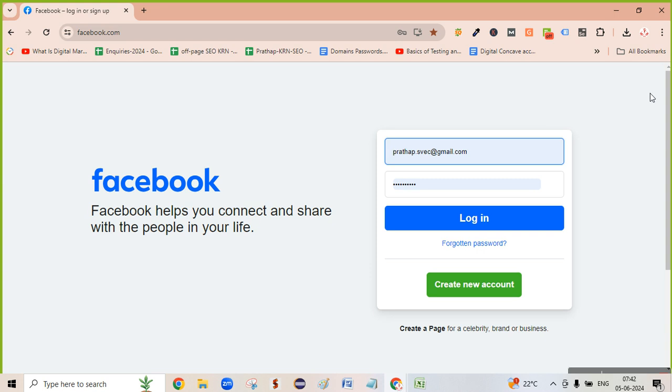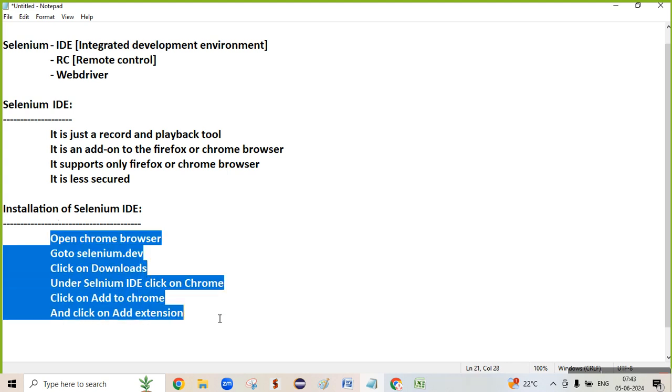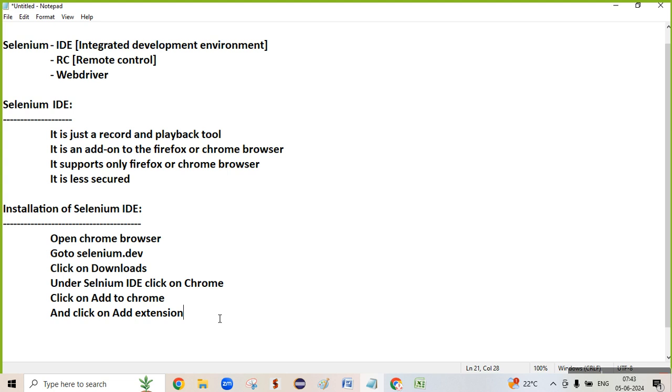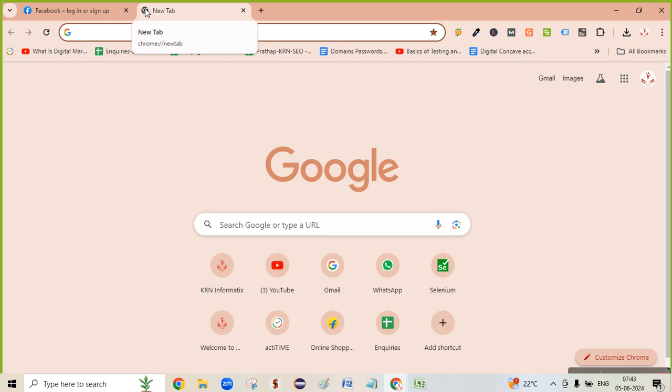Okay, now if I want to log in to this application, I need to enter email, password and click on login, but I cannot ask someone's username or password, or else I cannot give my username and password. That's why I'm not going to use this application. Instead of this, I'm going to use another application called